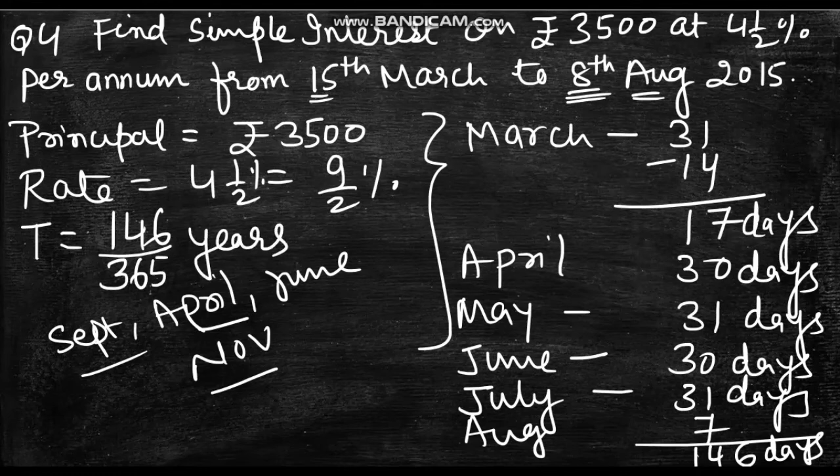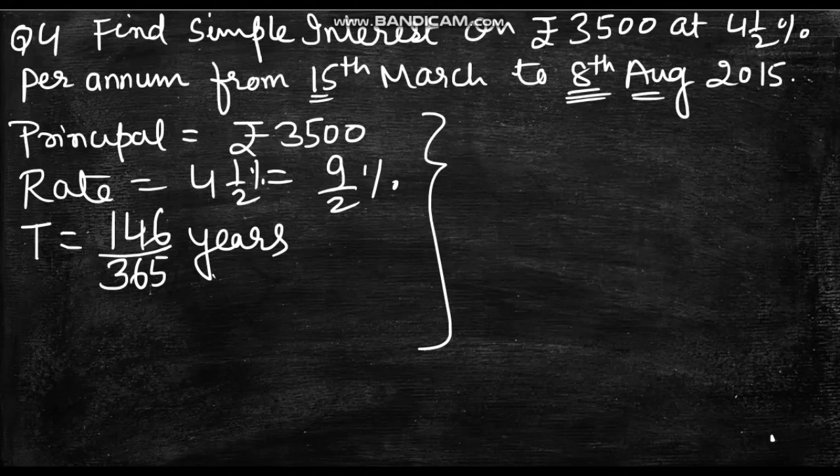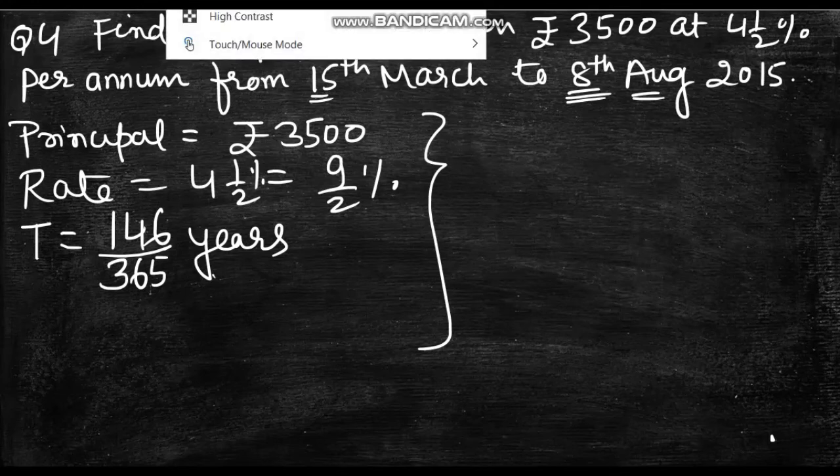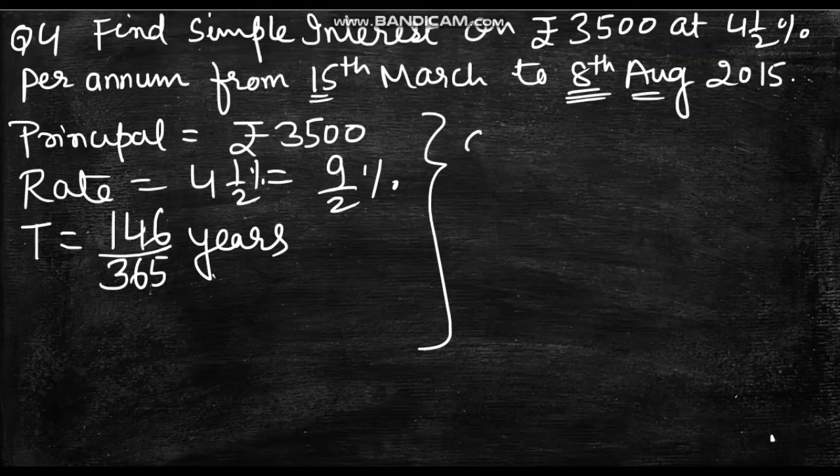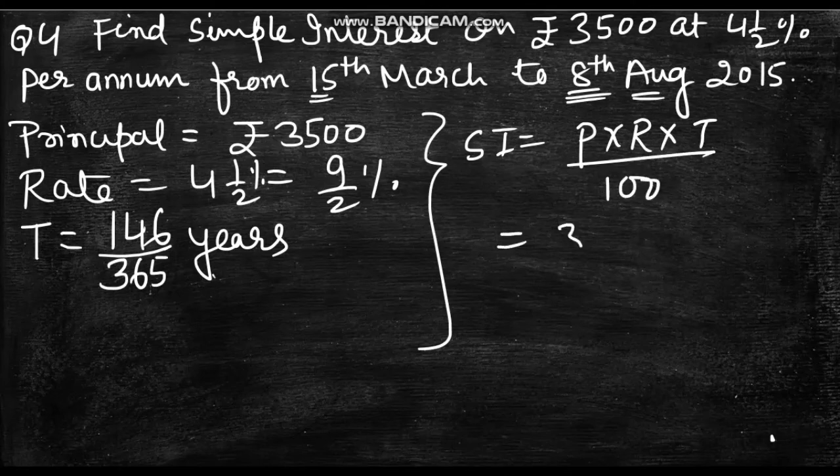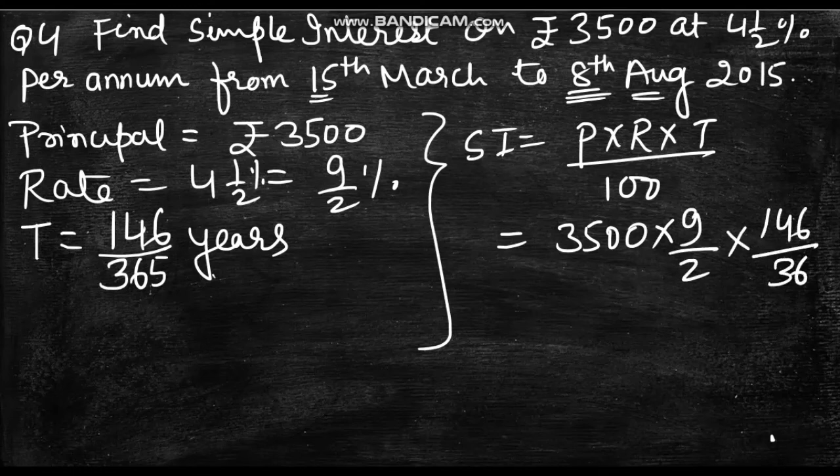Now let us clear the board and solve our sum as we used to do in the earlier question. So children, come on, let us put the formula for finding out simple interest. So simple interest SI will be equal to P into R into T by 100. So what is our principal amount here? 3500. Rate is how much? 9/2%. And time is equal to 146 by 365. Whole divided by 100. Now children, see, you can simply cancel these two zeros from the denominator and the zeros